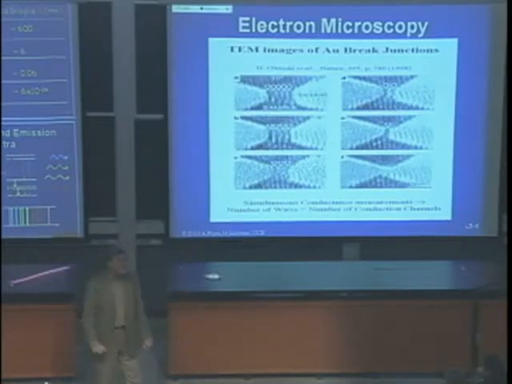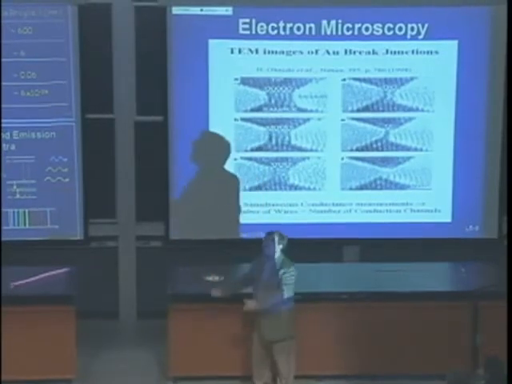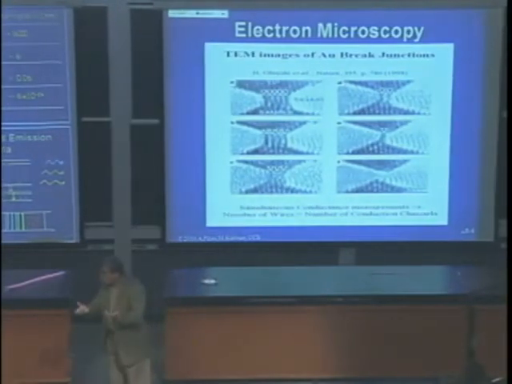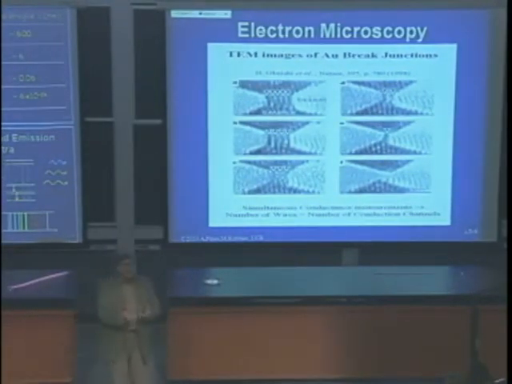So what could you do to visualize, for example, atoms? You use electrons. And electrons are charged, which is very nice. So that means you can focus them electrostatically, because they have charge. And you can accelerate them to certain energies. And you can make it the energy that you want in order to see what you want to see. So you bounce these electrons off your atoms, and you can visualize the atoms because the wavelength and the size of the object, the atom, match.